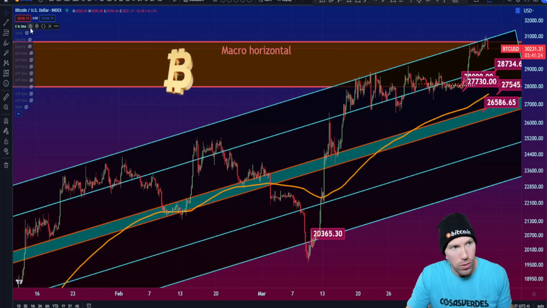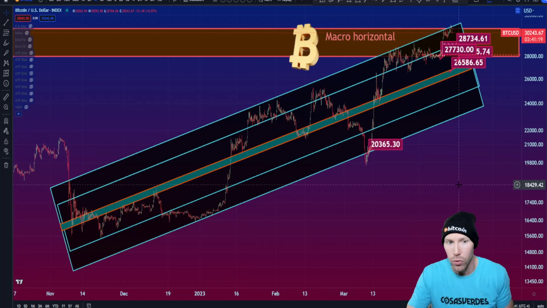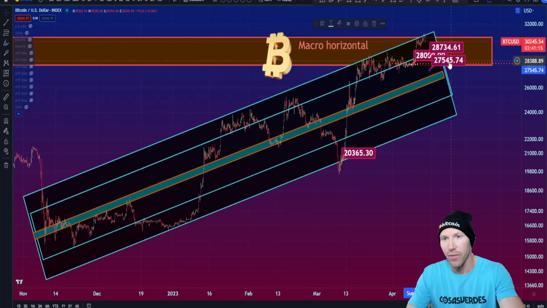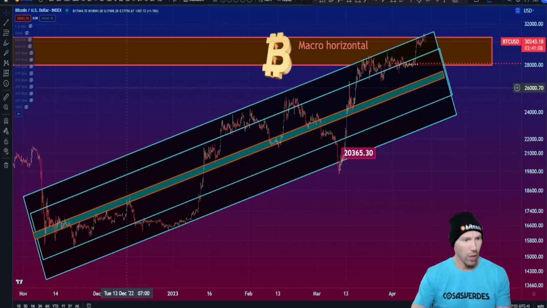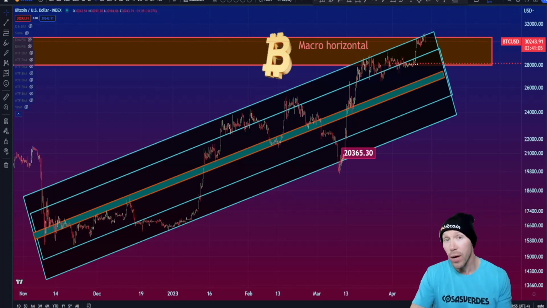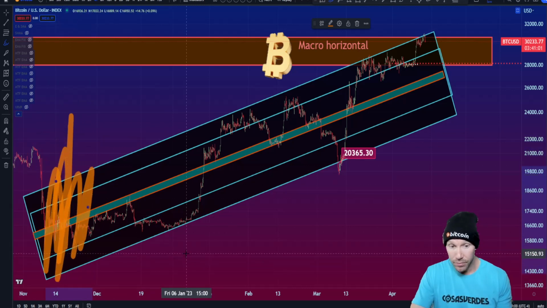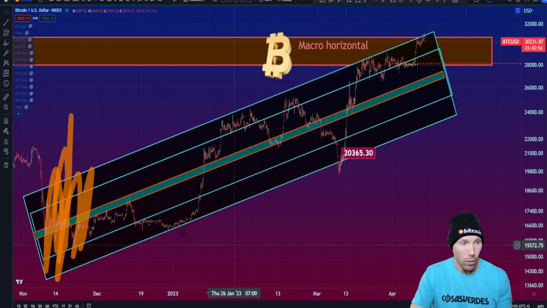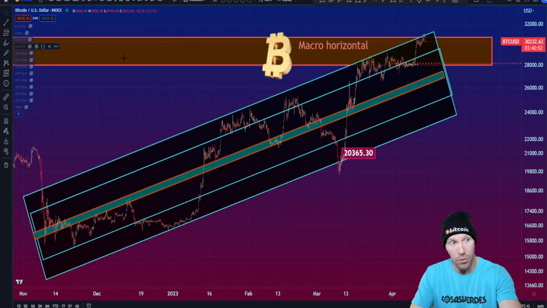Different channels, kind of trying to get a perspective of what is big money thinking, or just what is Bitcoin price thinking. So if there's any one channel that might be really valuable to you to copy, I think it would be this one. This is my favorite chart right now of Bitcoin. I think it covers the whole calendar year so far. So this is November of last year. This is Thanksgiving. Over here. And Bitcoin has been in this the entire time.